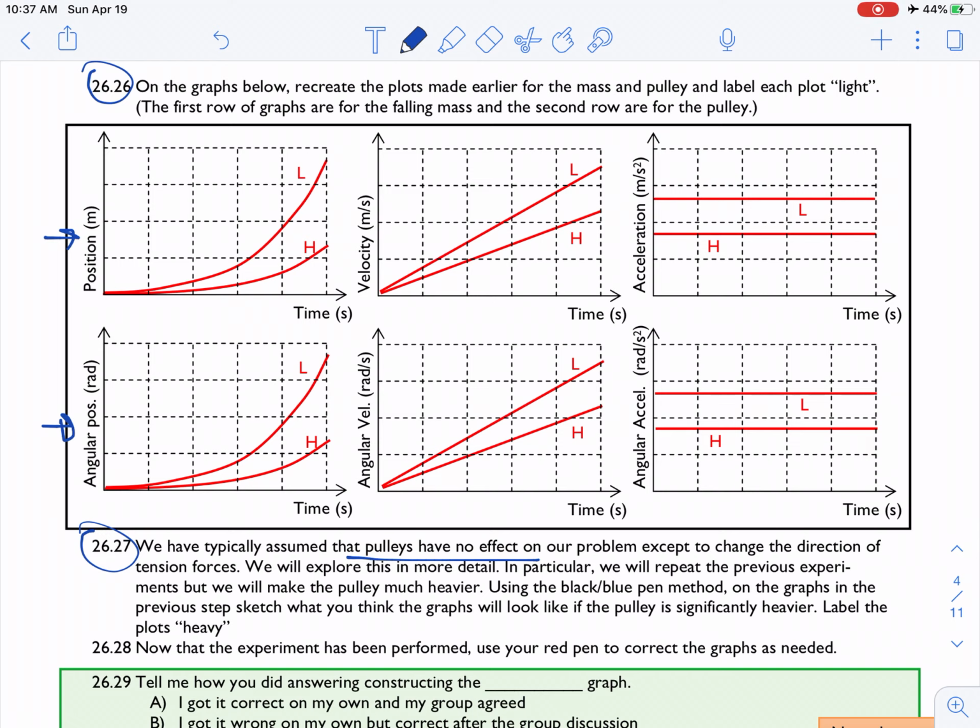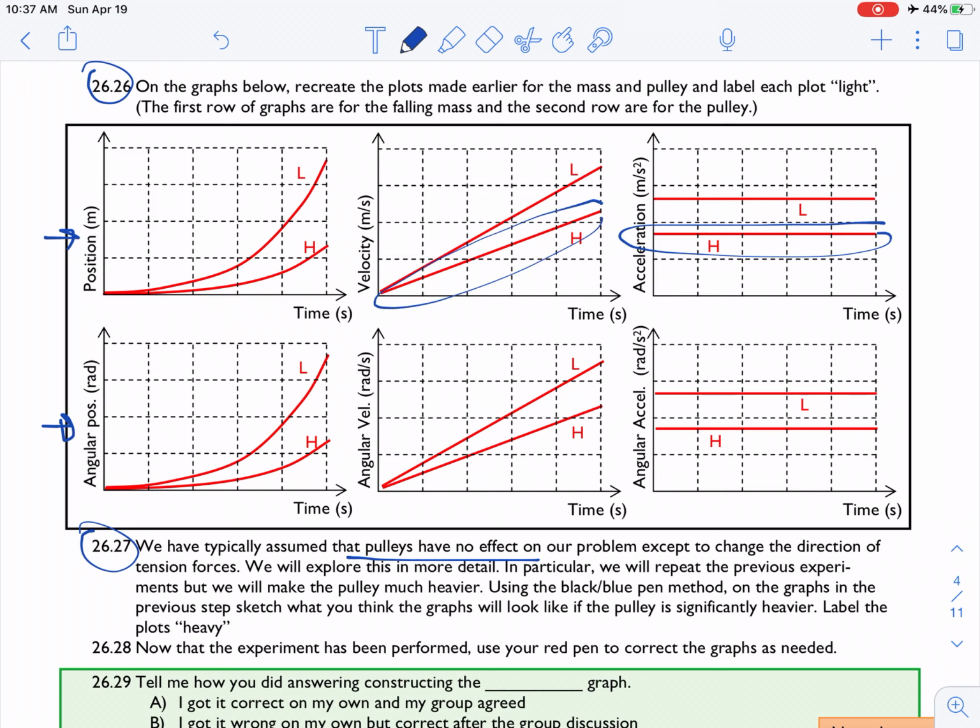So yeah, that's why the acceleration is going to be less, still constant though, right? So this is the reason we have this heavy case at the bottom of the light pulley case. It still has an acceleration, but it has a lower rate. So the change in speed is not as high as the light pulley case,